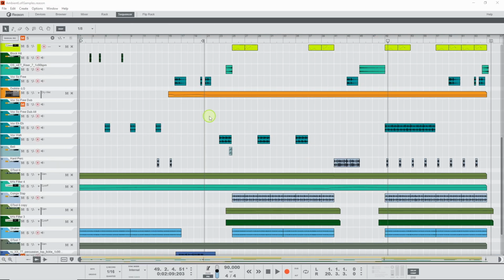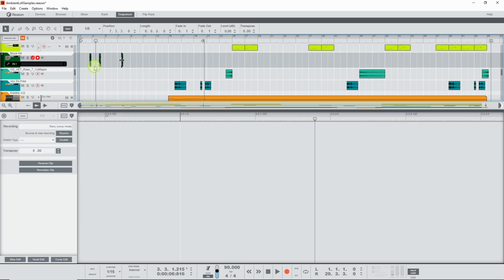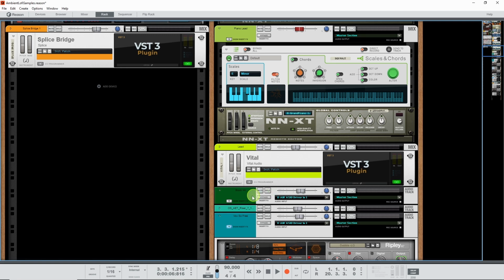Okay, so after a little more arranging, I have moved these samples around and created some automations and added some effects to them. So the block hit I've just used at the intro of the track here, and if I play it from here you can listen to it. So if I press F6 and go to the rack and take a look at the block hit here,